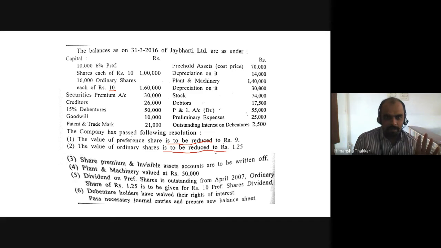Clear? And if you want to understand it with the accounting logic, just think that if an item has a credit balance and you want to reduce that credit balance, you need to debit it. It's simple as that. Clear both the logics? You can apply any of the logic and go ahead with the entries. So shall we write the entry? Let us start with the entries.